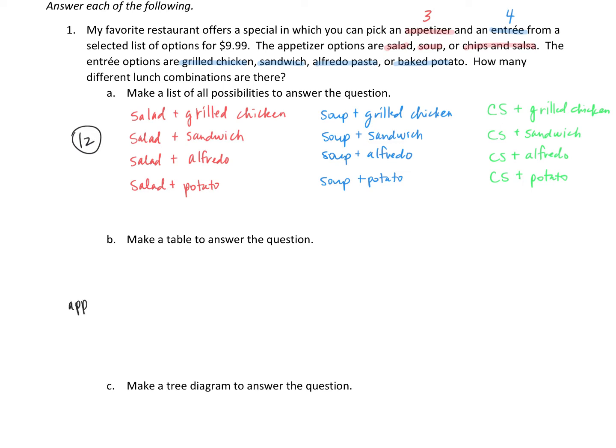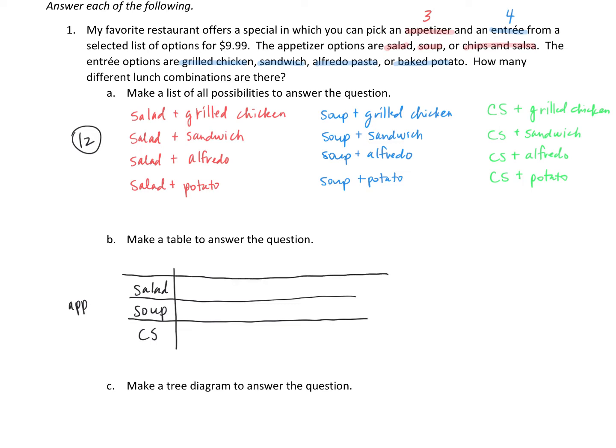So the appetizers are salad, soup, and chips and salsa. So that makes up your rows. And then the columns will be made up from the entrees. So the entrees are grilled chicken, sandwich, Alfredo pasta,